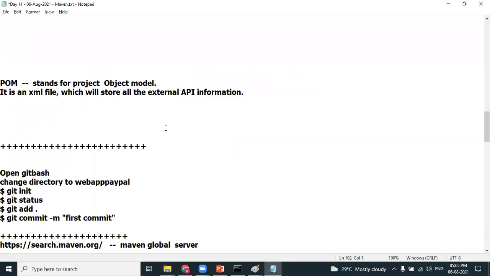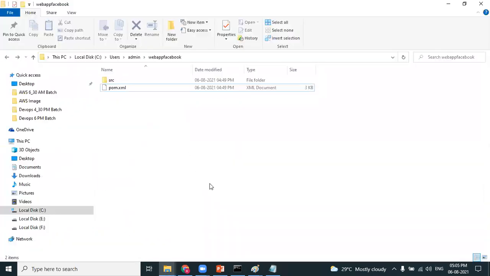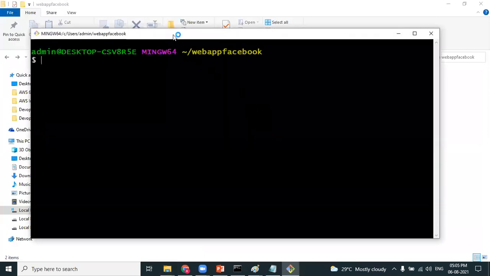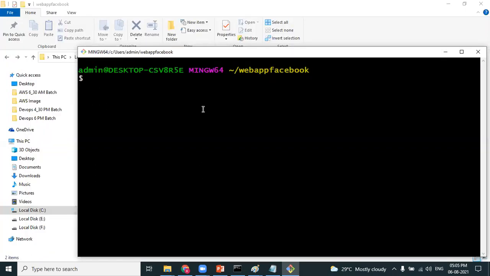How do you convert into working directory? I open the terminal, git bash. Right now my git bash is pointed to the location where we are planning to save the source code. So I convert this particular source code into working directory by using the command called git init. When you perform git init, the folder gets converted into working directory, isn't it?